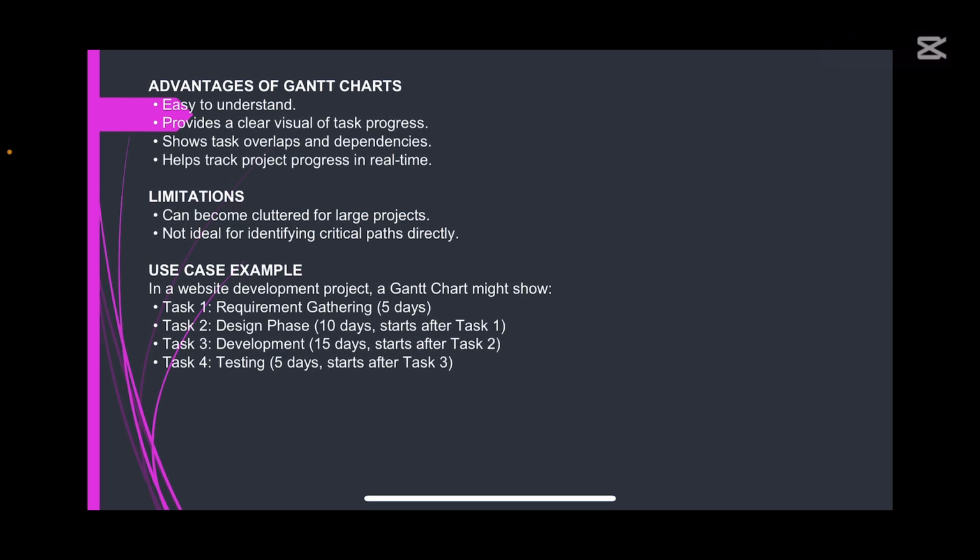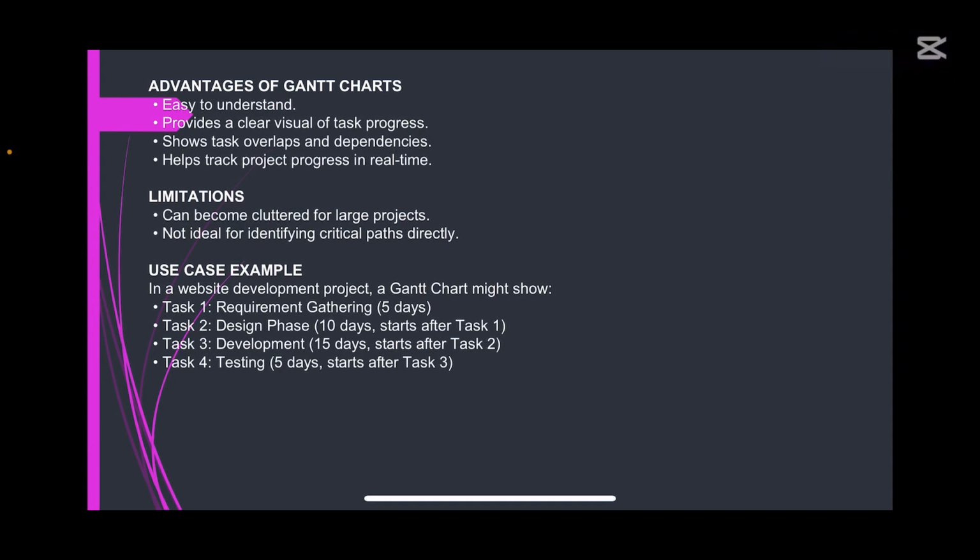For most of us, and I want to assume everybody who did pie charts and bar charts in secondary school, a Gantt chart should be very easy to understand because it is a clear pictorial depiction of what is happening in the project. Number 2, it provides a clear visual of the task progress. Instead of writing and note taking, some people are better with visualized images, so you learn well because it's a visual of the task progress.